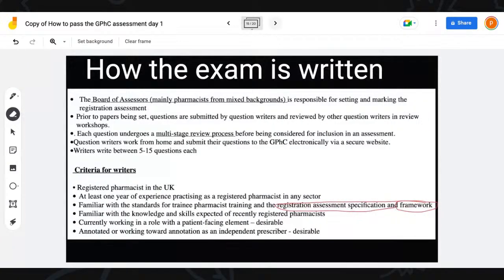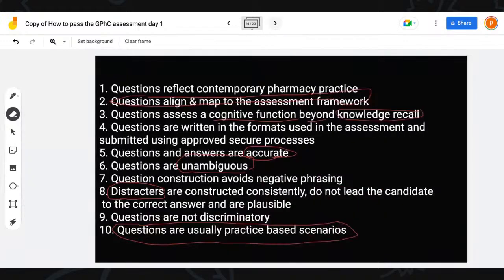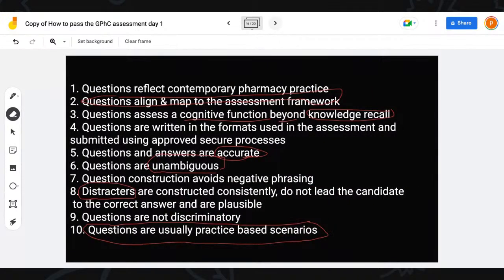We spoke about how the exam is written and about those that write the exam. I did mention to think of it as going into war, and when you're going to war, you need to know your enemy. We're talking about those that set the exam, what they're looking at, what they're testing you on. Having that knowledge empowers you to go into that exam and totally smash it. We spoke about how questions are set, the key requirements that have to be in questions, and even distractors.